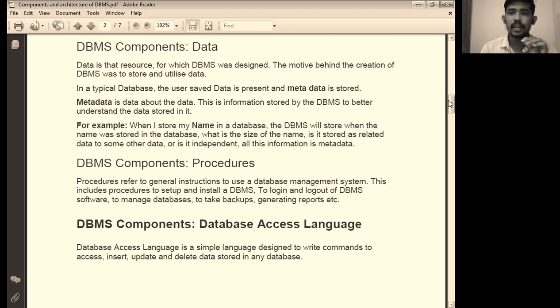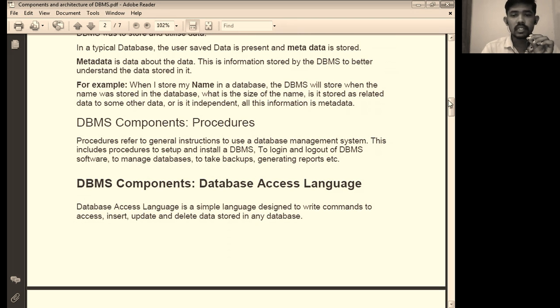How to use a database management system is described by procedures. These include procedures to set up and install a DBMS, to log in and log out of the DBMS, and to use the software to manage the database. It is also the work of procedures to take backups and generate reports. These are all tasks of procedures.